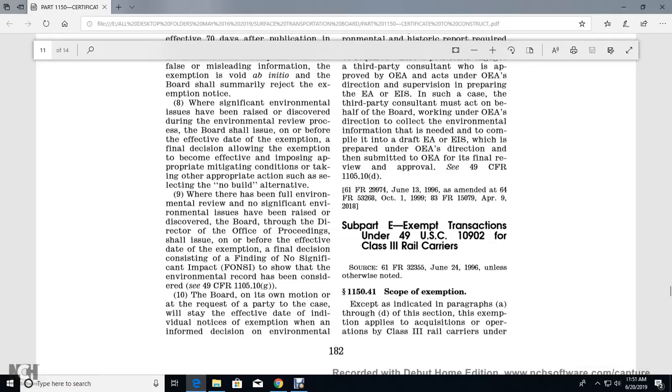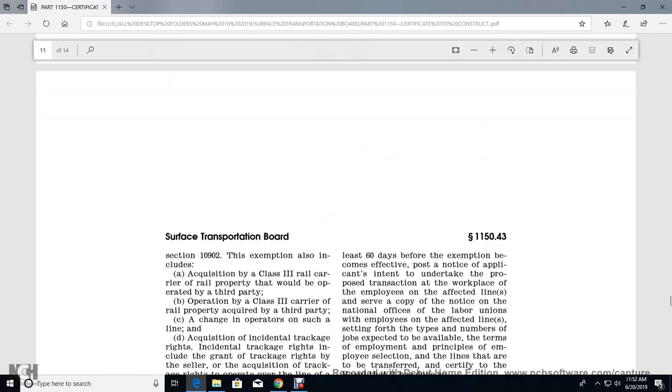Alright, Subpart E, exemption transactions, Title 49 U.S. Code 10902 for Class III railroad carriers. 1150.41, scope of the exemption, is identified and indicated by paragraphs A through D of the section. The exemption applies to the acquisition or operation of a Class III carrier under Section 10902, with the exemption of the include the acquisition